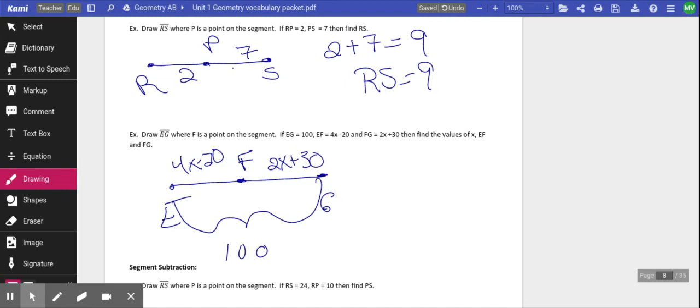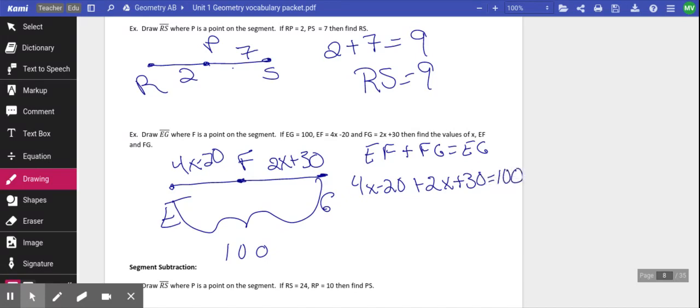So again, our segment addition tells us that EF plus FG is equal to EG. So EF is 4x minus 20 plus FG, which is 2x plus 30, equals our whole segment, which is EG, which is 100. And then we have a basic algebraic equation to solve there. So that gives me 6x plus 10 equals 100. 6x equals 90. X equals